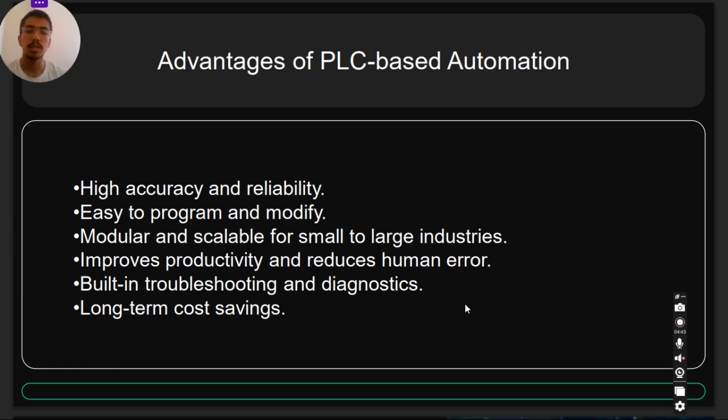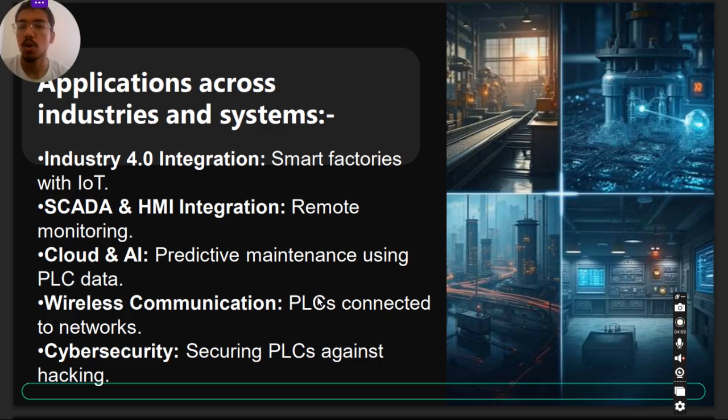Advantages of PLC based automation: high accuracy and reliability, easy to program or modify, modular and scalable from small to large industry, improves productivity and reduces human error, built-in troubleshooting and diagnostics, and long-term cost-saving application across industries and systems. So, Industry 4.0,